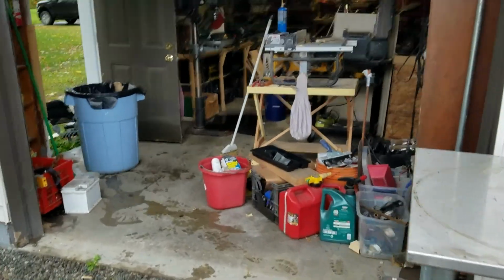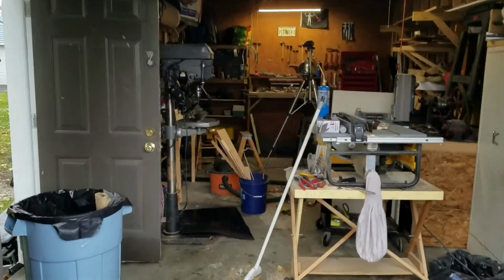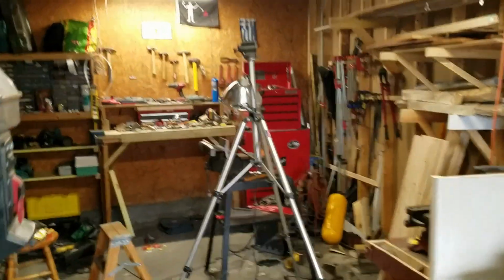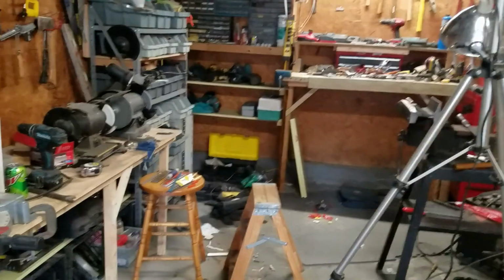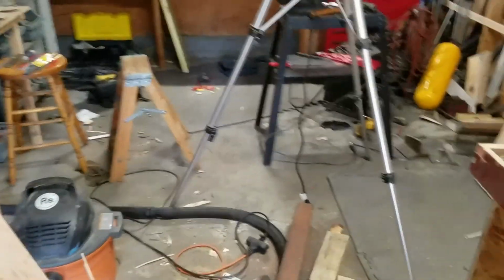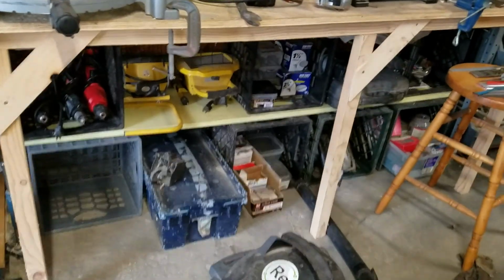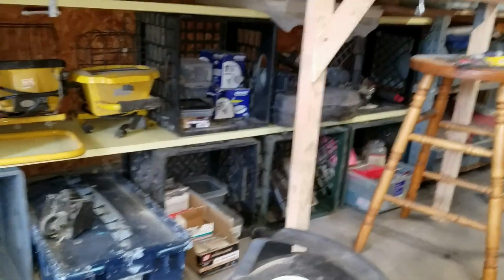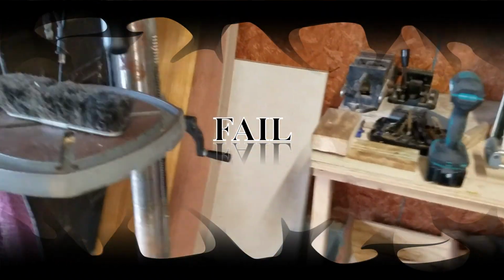I was doing a little work in the shop yesterday, working on the anvil. You'll see that upcoming video. But I've been trying to clean up. You'll notice I got a lot of the garbage off the floor. Also, a lot of the tools off the floor. I threw together some shelves under here made out of milk crates and some boards I had. Just got a lot of stuff up off the floor. Next big project is